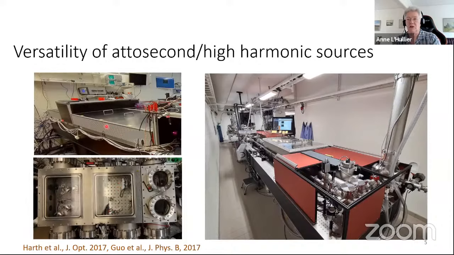And this laser system provides only a few microjoules, so you need to have very tight focusing. And here on the right, you have, on the contrary, a very long beamline. This time the laser system is in another room. It comes through the tube here. And here we applied a very loose focusing geometry in order to have very